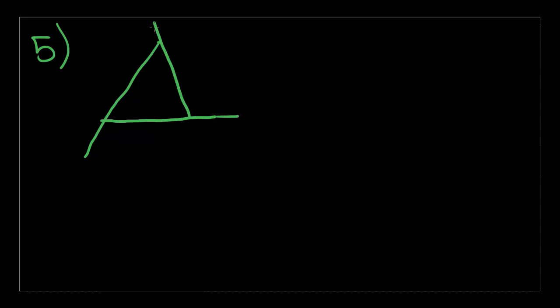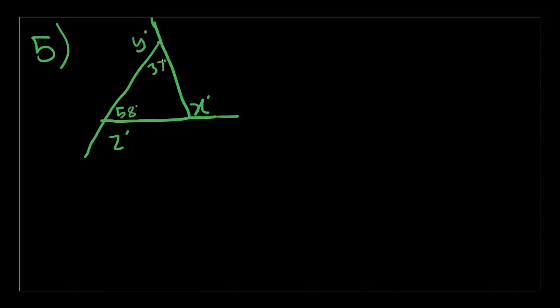Okay, so these are labeled X degrees, Y degrees, and Z degrees, and it is also labeled 58 degrees and 37 degrees. Okay, so the question asks, in the figure above, what is the value of X plus Y plus